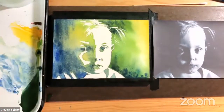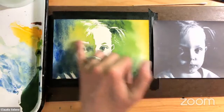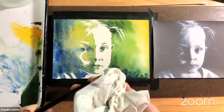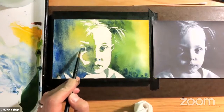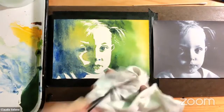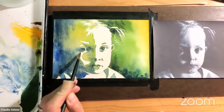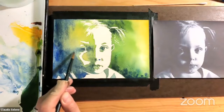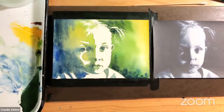So I'm definitely seeing areas that, if I spent more time, I would like to have gone a little darker. And if you want to go back later into what you have, I would suggest be careful because it can become a big mess. So what you want to avoid is having a lot of water. I'm drying my brush. If I wanted to darken this area, I can put it in very carefully and then dry it out and just soften the edges that way. So you can do more work afterwards in watercolor, just be careful. I think working dry is better because if you put a lot of water on top, you can end up getting things very